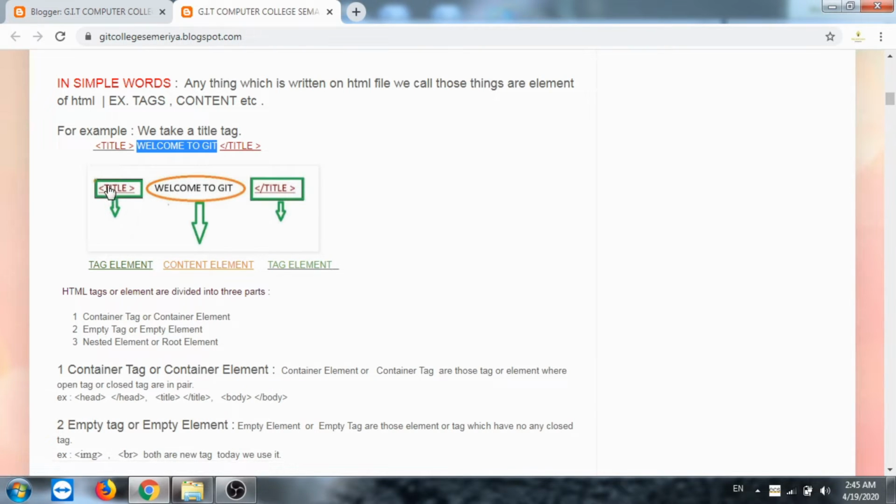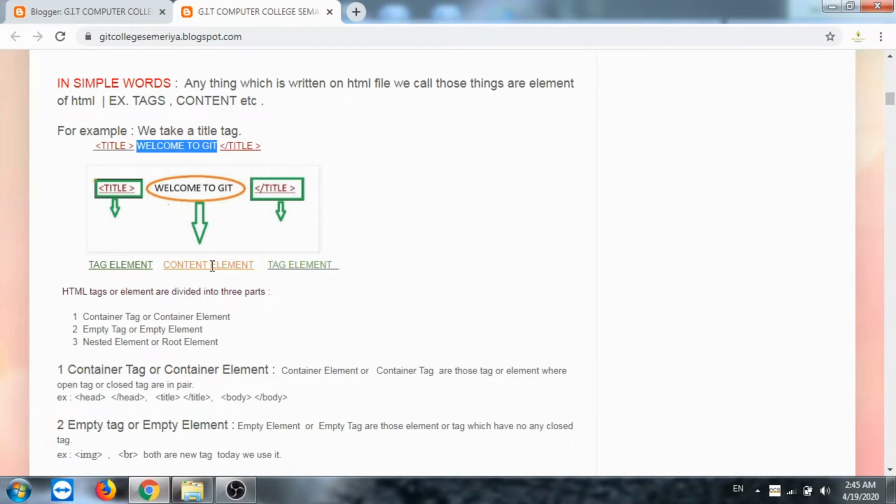So this title is a tag element, and "Welcome to JIT" is the content element. Means inside our file only two things are present: the tag element and the content.